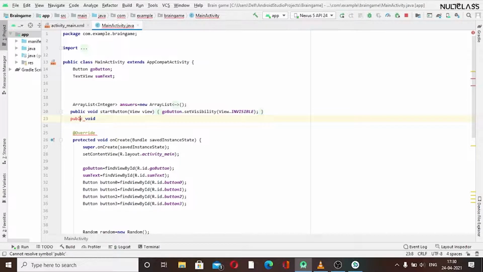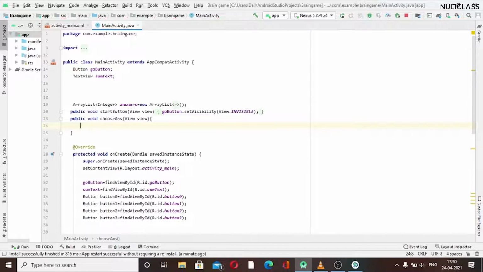Let me spell that. So we want a void method for our choose answer button, so we will use chooseAnswer, and inside of that we will pass the view, and in that we have to write the code now.